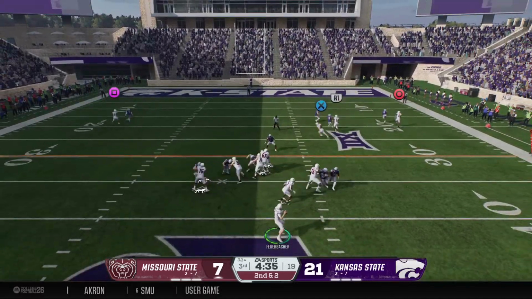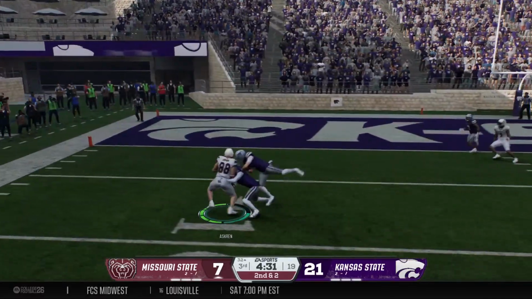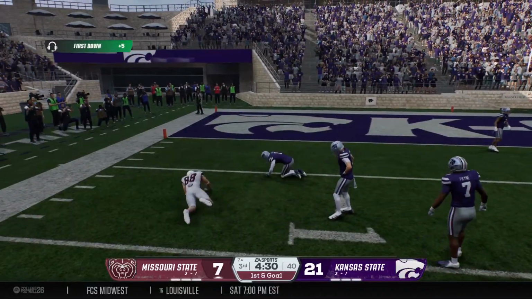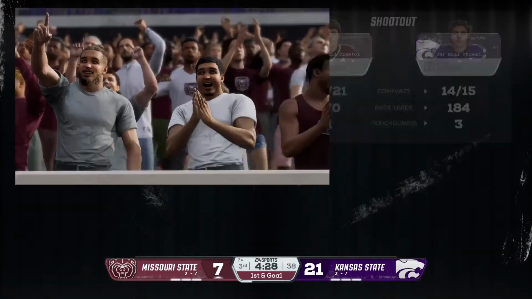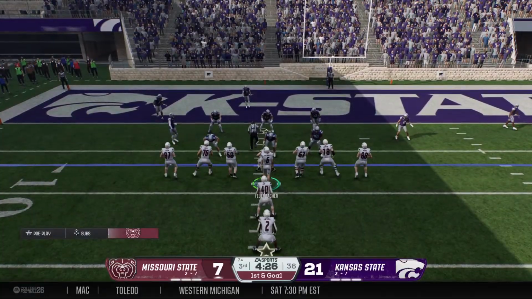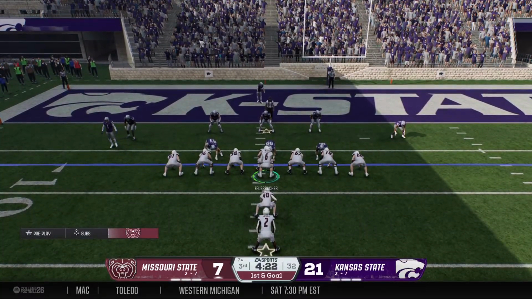Going to swing it on second down. Looking to the big tight end. Wide open downfield. They make the tackle, but he's got a fresh set of downs, and it's 1st and goal from the 7. And the Bears, once backed up in the shadow of their own goalpost, have put quite a drive together.